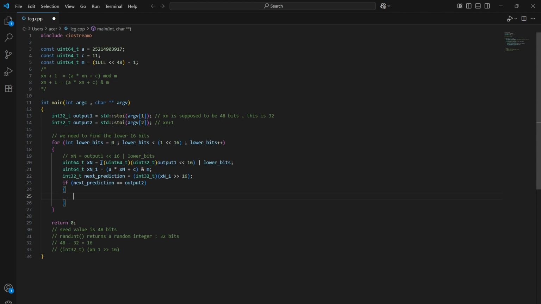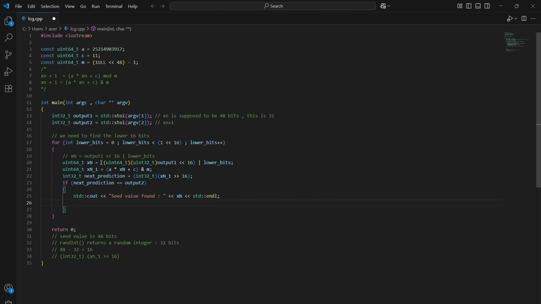So basically we can just do a std::cout, seed value found, and we can print xn,